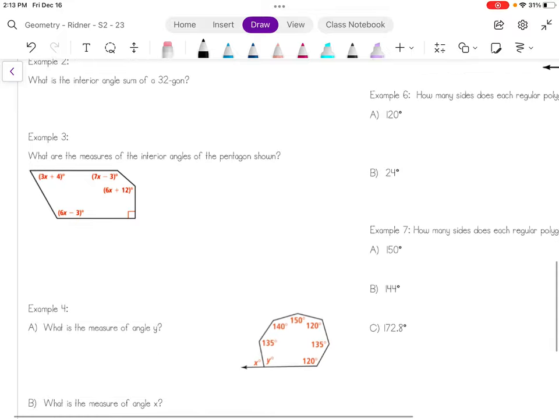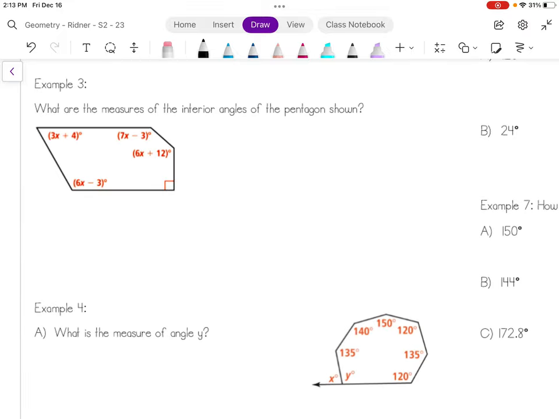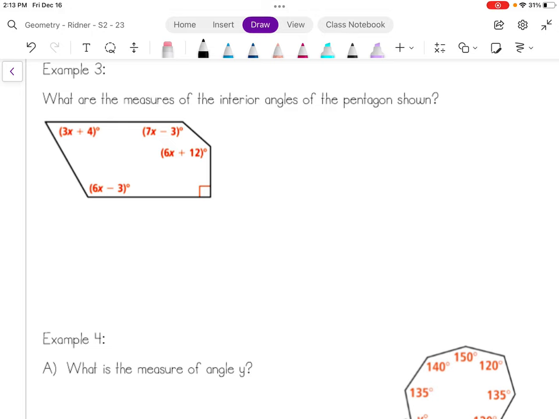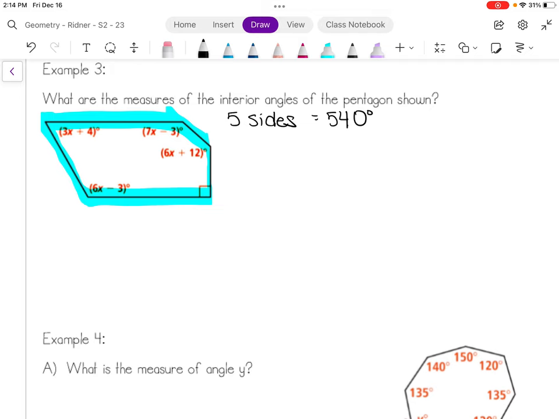Okay, you try example 2 to keep things moving. What if we have to solve for x? I know it's your guys' favorite thing to do. First, you want to count how many sides you have. So you have 1, 2, 3, 4, 5 sides. If you look at the front of this photo, remember that 5 sides totaled 540 degrees for the interior sum. Okay, so that means all 5 of these pieces added together would need to be 540. So 540 degrees is going to equal